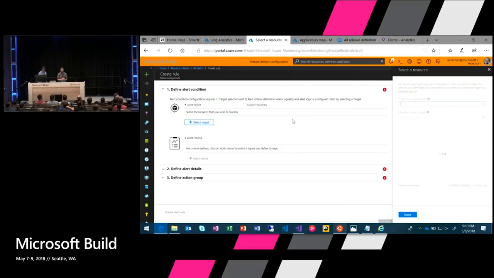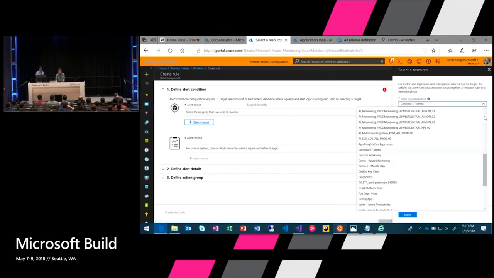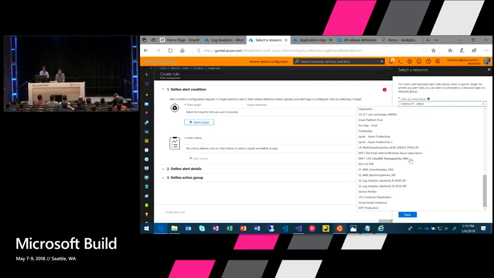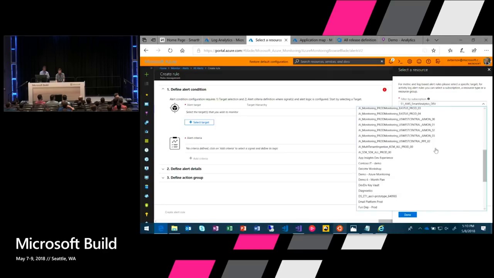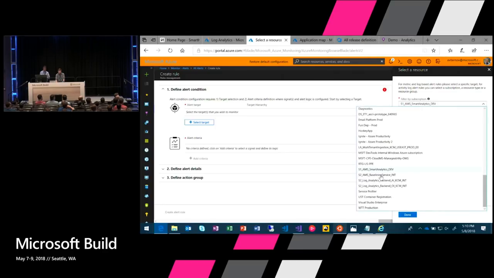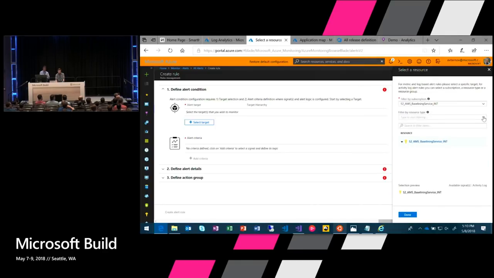So it'll take just a second now to pull a list together of all of the different resources I have available to me. And then I can filter it down to a particular subscription and resource type. So let's actually switch to another subscription where I know I have some more interesting data. We'll pick this baselining service one. And I want to take a look at my VMs. Now, when I select any one of these VMs, let's say Contoso VM1,